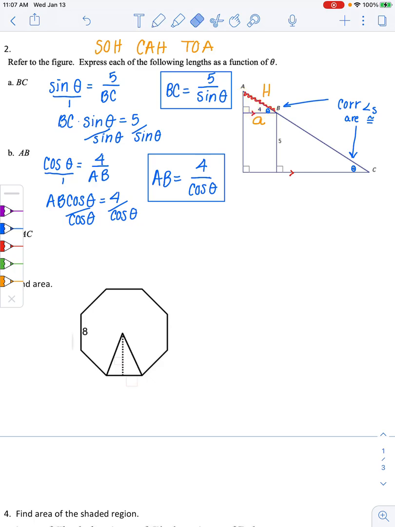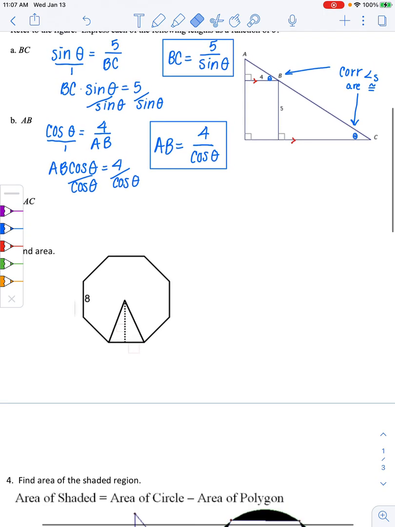Now I'm going to erase everything we had on here so we don't get confused. The last thing I want to find is AC. AC is this entire length. So I have this big right triangle to look at. But sadly, I don't know either leg of this right triangle. So if I wanted to do the same steps I did for A and B, it's going to take me